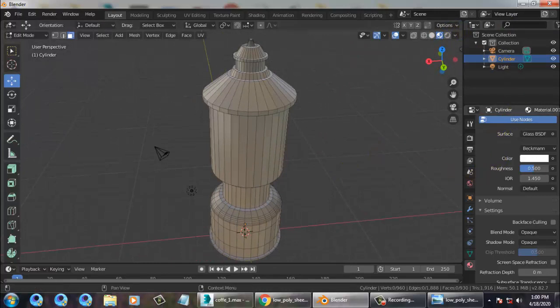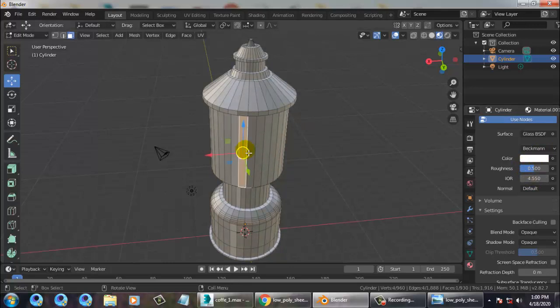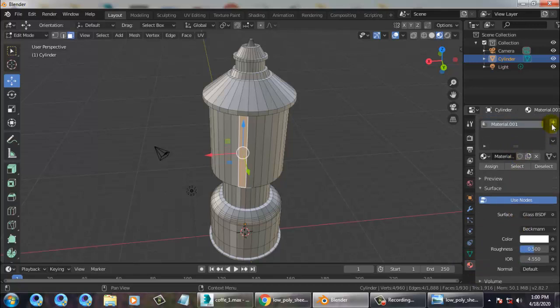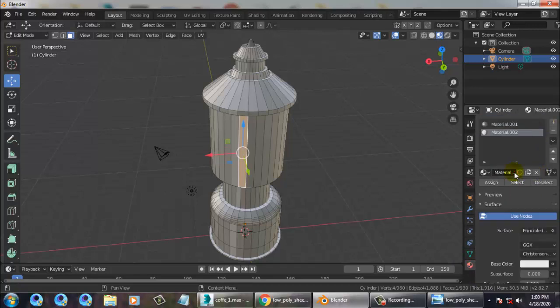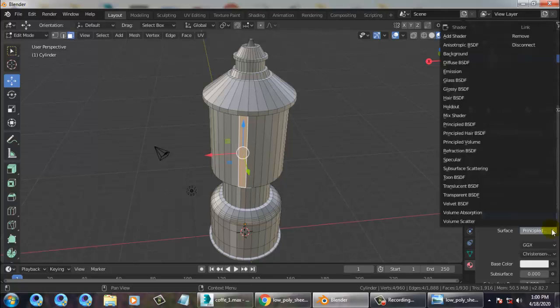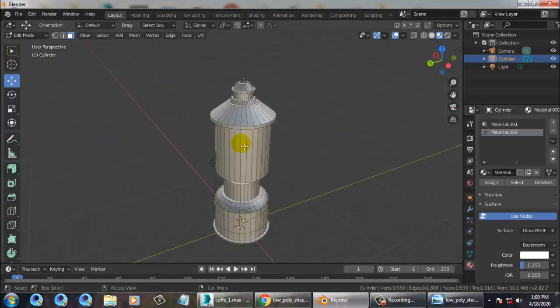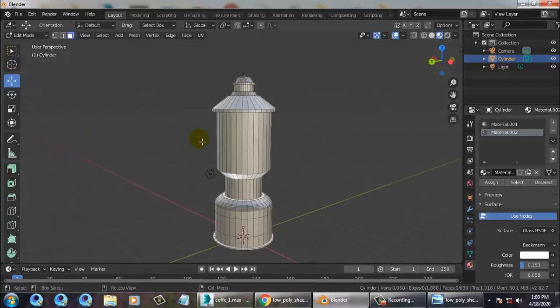So IOR. So you can just define, if you can just select it, you can define that and add that. A new material also. You can add a new material and make a glass shader. Alright, definitely we'll go with the texture in the further lectures.